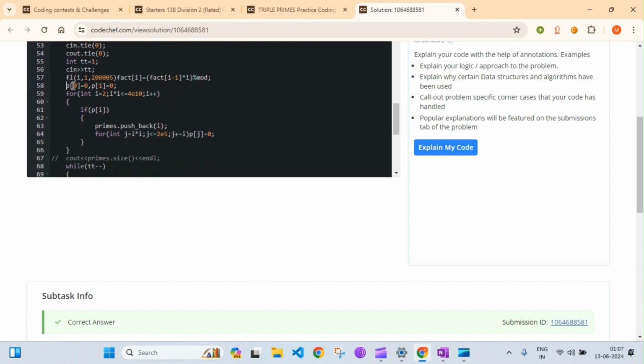You can go through it to get this algorithm correctly. Since 0 and 1 are not prime numbers, I have initially marked them as zeros. And from 2 till 4e10. Why this 4e10? Because we are finding up till 1e5, right? I have taken 2e5, but we need to find all the prime numbers in the range 3 to 10 to the power 5. I have taken 2 times 10 to the power 5, right? So if your pi is 0, I am pushing it